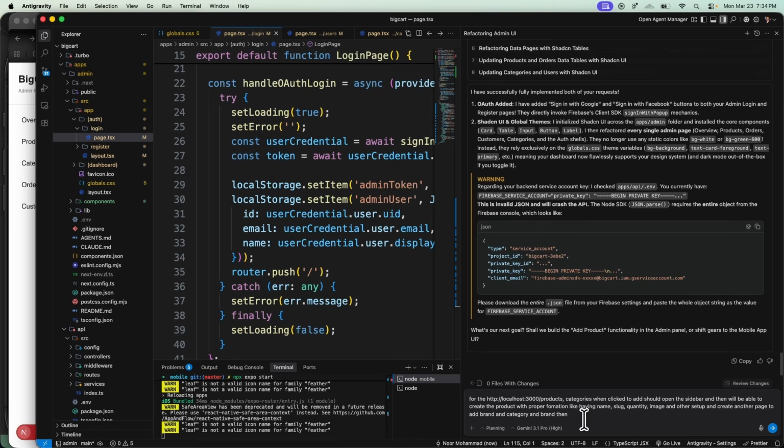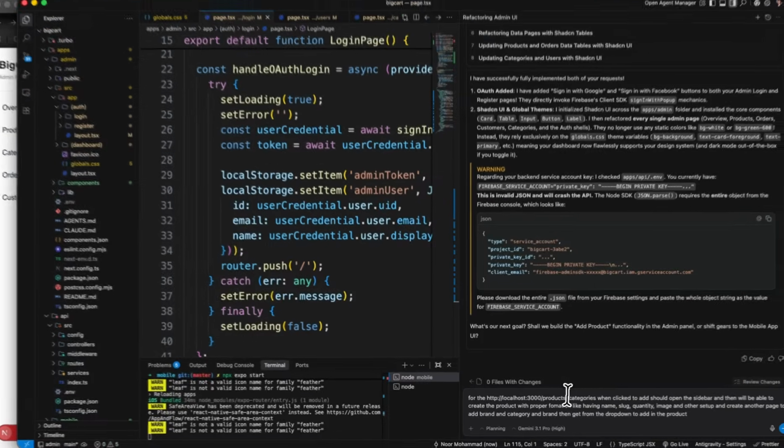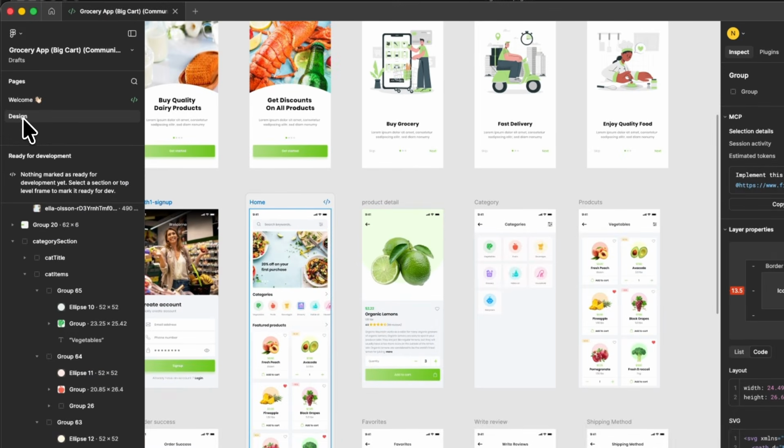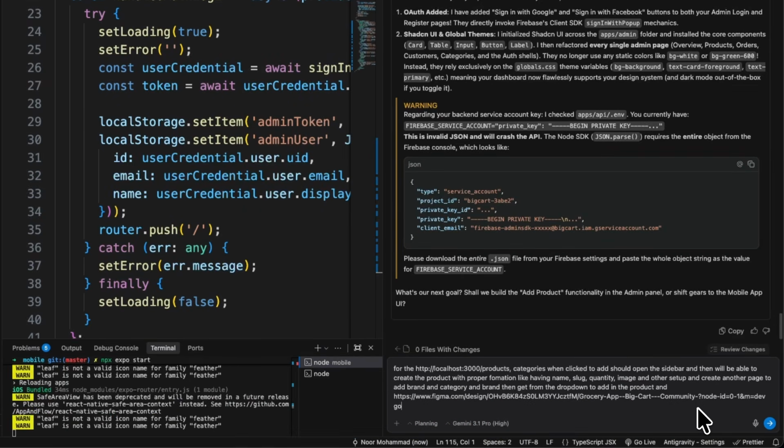Then let's say get from the drop down to add in the product. Okay, so this is the initialization right here, and of course the warning private key. This is already enabled, and I think this is working perfectly fine. And now, because I want to upload first, let's see if it can access. Let's copy the link page,